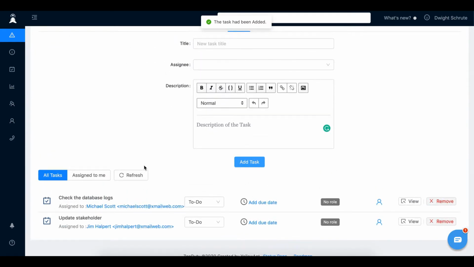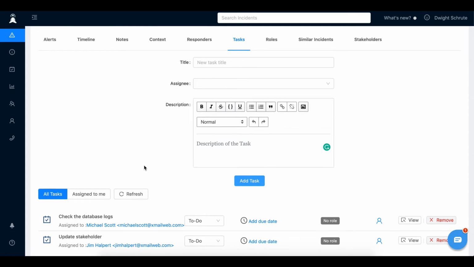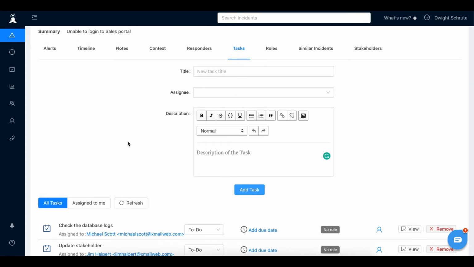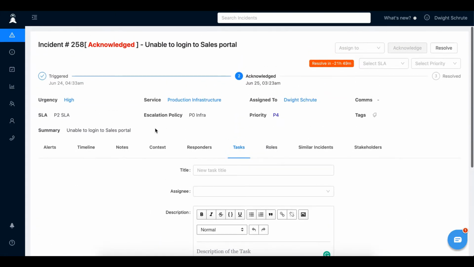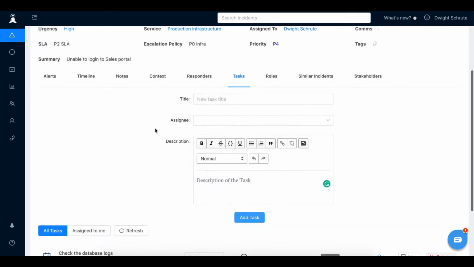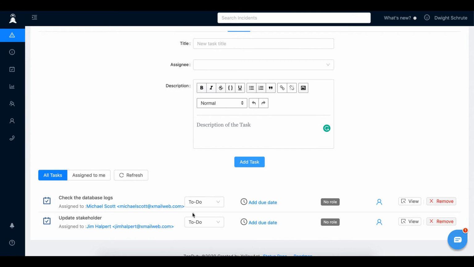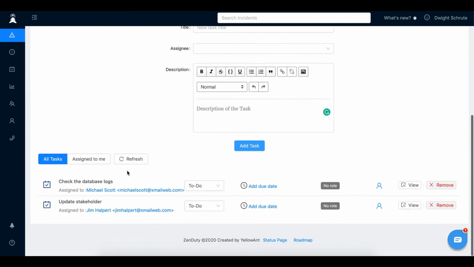So whenever a new task is assigned or created, the assignee will receive an alert on ZenDuty through either their email or Slack or SMS channels. So once Michael or Jim get the alerts, they can come to ZenDuty and they can transition the status of their tasks.